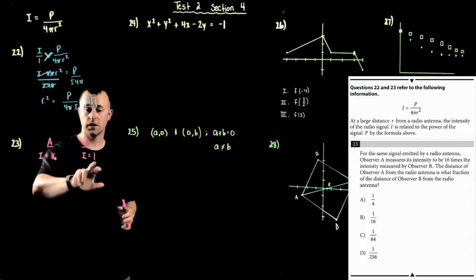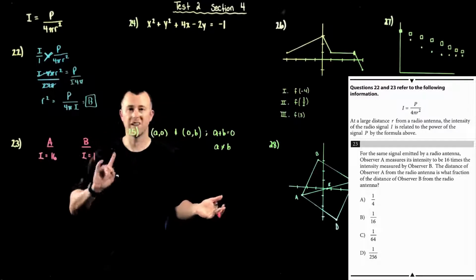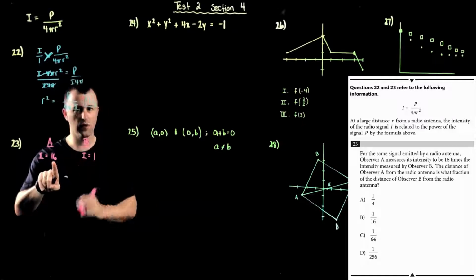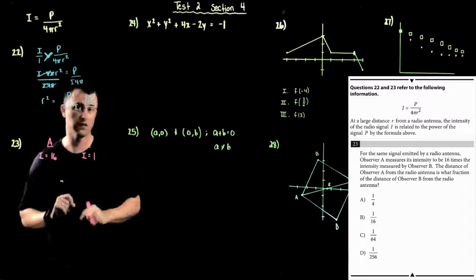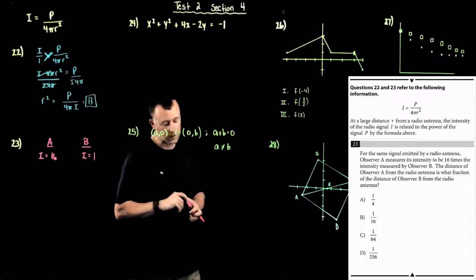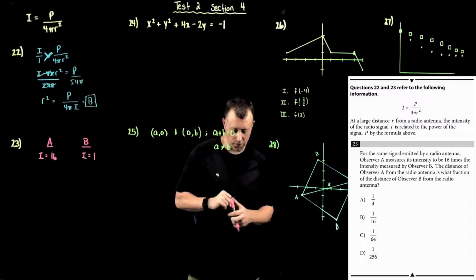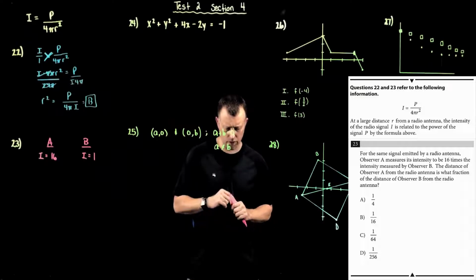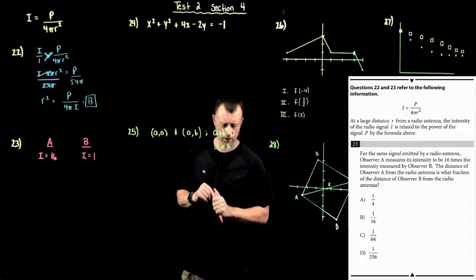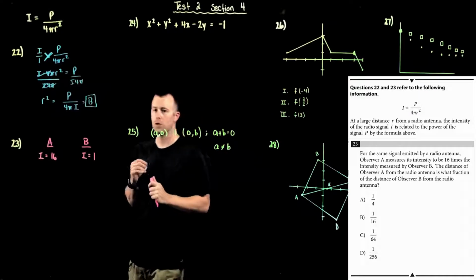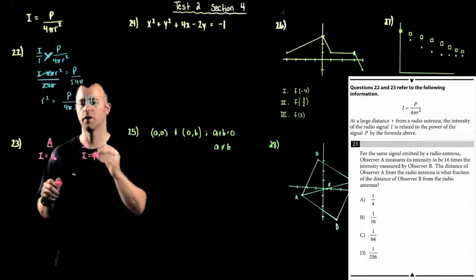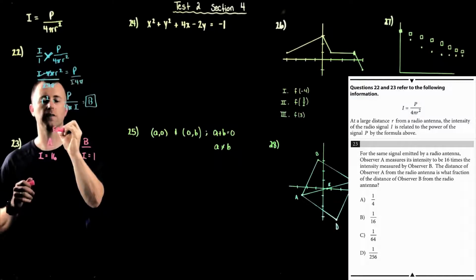So I called I 16 and 1 because I can call it whatever I want, and I know that this one, they said in the problem itself, is 16 times greater than that number because the intensity is 16 times greater. The distance of observer A from the radio antenna is what fraction of the distance of observer B from the radio antenna? So what they're doing is they're asking for a fraction. So I'm going to call this what I call a fractional